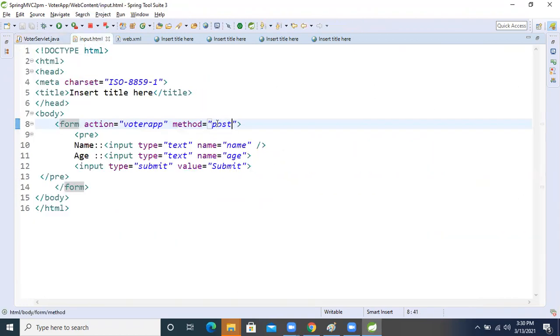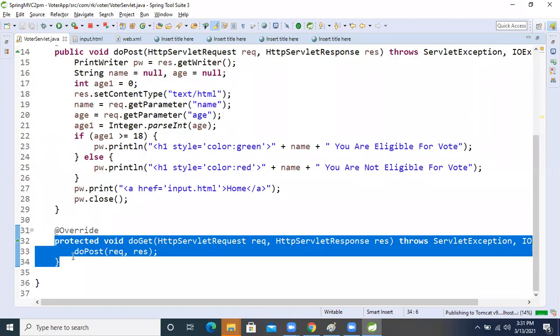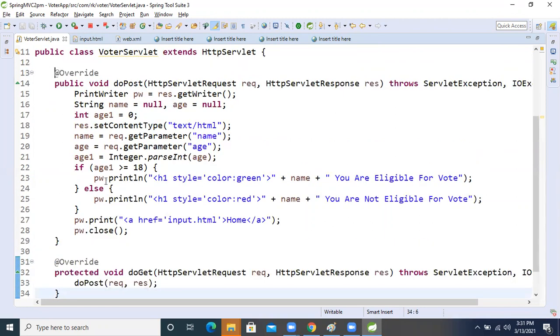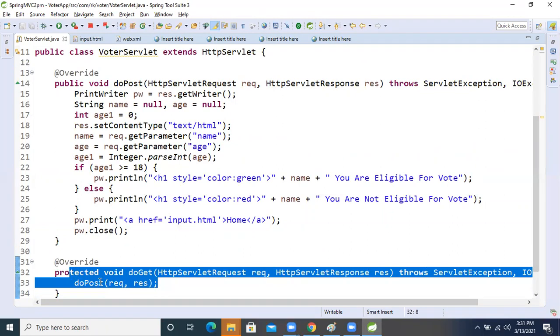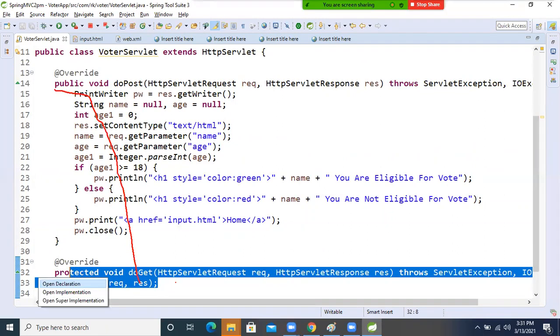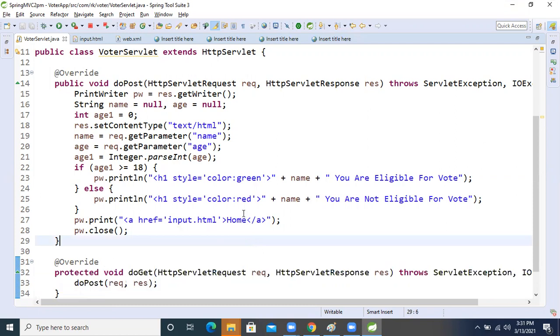So whenever the end user makes the request as a GET type, the request will come into this method. But in this method, the calling logic is there. So because of that, seeing this calling method, the other method's logic is executed. It is a simple core Java concept. If you are aware of this, then I think I can convince you. Now, if any doubt is still there, let me know and I will explain again. Okay.